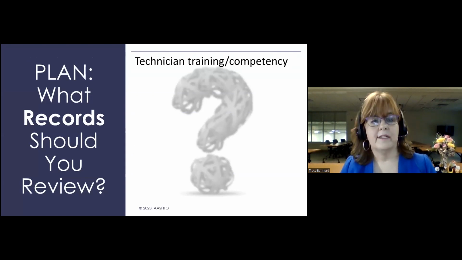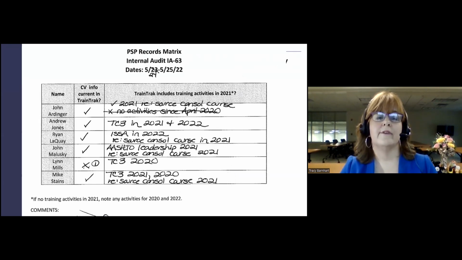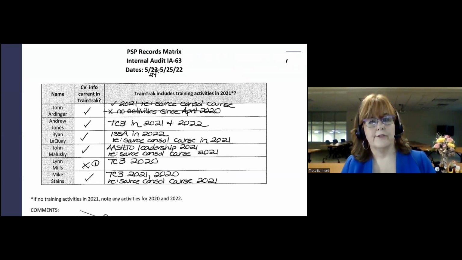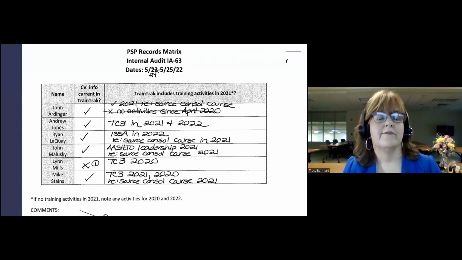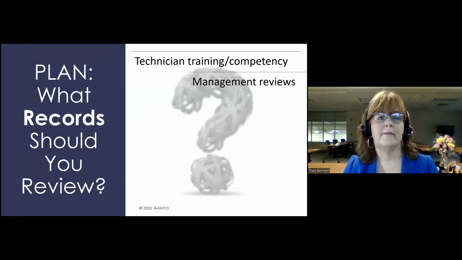Your training and competency evaluation records for your technical staff. Here's an example checklist that I used for the proficiency sample audit last year. We use a repository called TrainTrack for our training records, so you'll see a reference to that on there. I have all the guys from that program listed. Here I was actually checking to see if everyone has taken professional development within the past year. We have a goal in our quality policy that every employee attends at least one professional development activity. That's what this checklist was used for, just to give you an idea of what our information looks like.